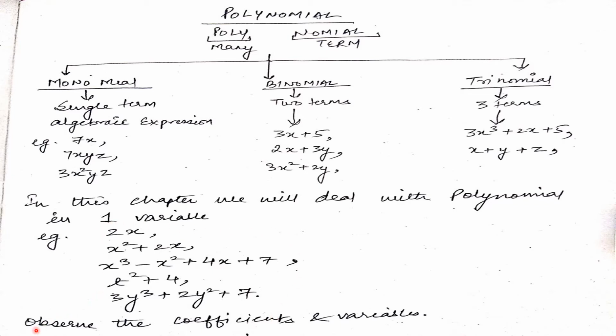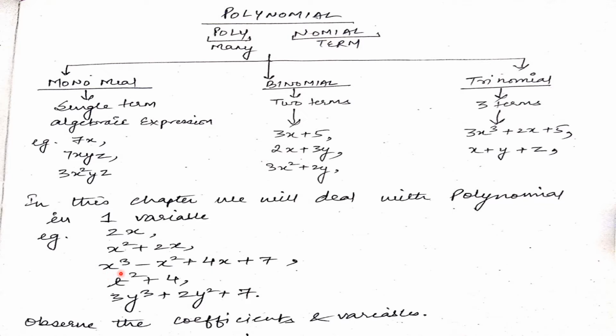Now try to observe the coefficients and variables. First of all, what do we mean by coefficient? Coefficients are the constants which are getting multiplied with the variable. For example, if in this equation x square plus 2x, someone asks what is the coefficient of x, you will see x and cover it and see which number is getting multiplied with x. Clearly it is 2. Similarly, if someone asks what is the coefficient of x square, nothing is written over here. First you cover it and see, as nothing is written, we can say it is 1.